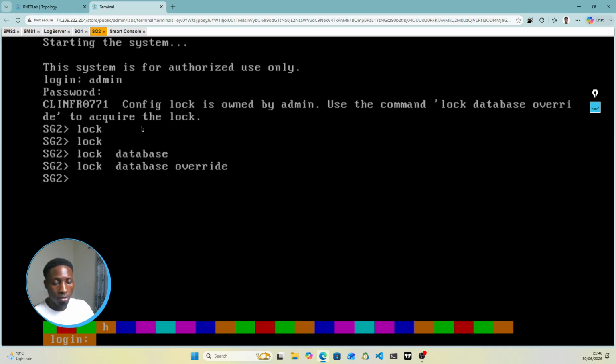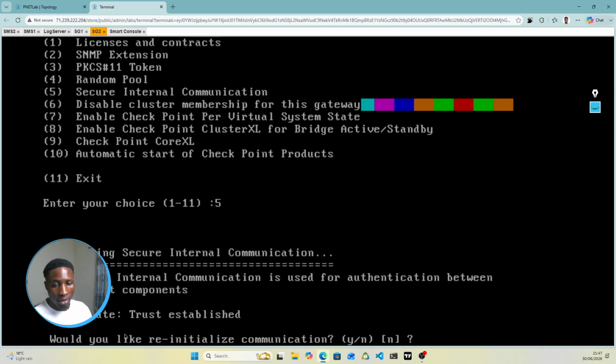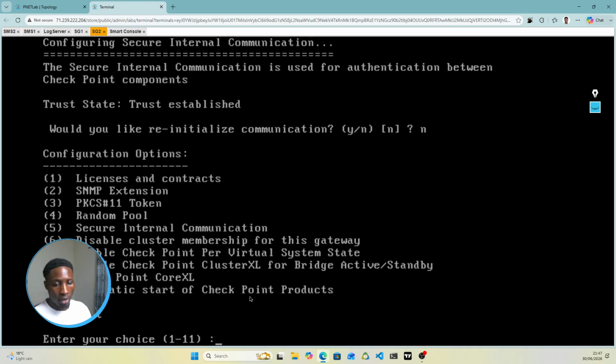And once we are here, you can use cp config to reset the SIC here. So if you want to reset the SIC, you need to choose option 5. If you type in 5 here, and here, would you like to reinitialize communication? If you want to reinitialize communication, you take yes, that's to reset the SIC, because the trust is already established here. But I'll just take no, I'm just showing you how you can fix that problem in case you tried it and it did not work before. So that's what we'll do. I'll just take no and I'll take 11 here for us to exit